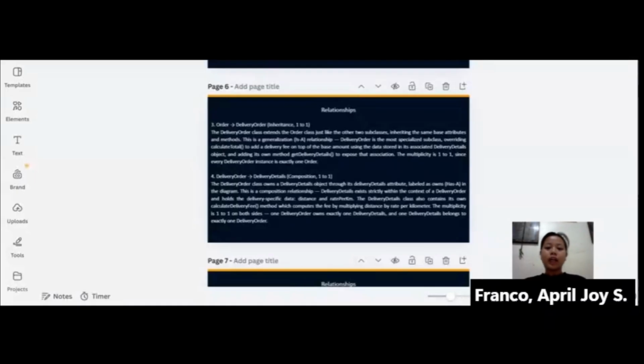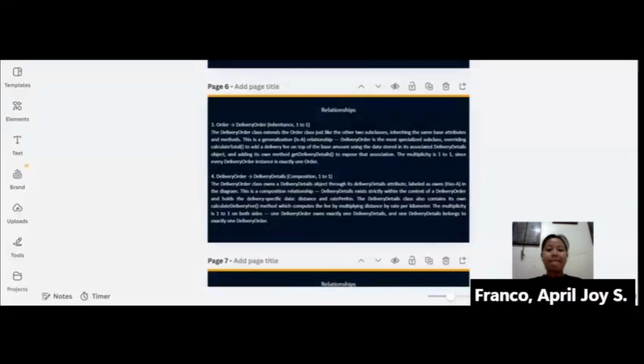It also introduces its own additional method called get delivery details, which exposes that association to the rest of the system. The multiplicity again is one-to-one since every delivery order instance is exactly one order.